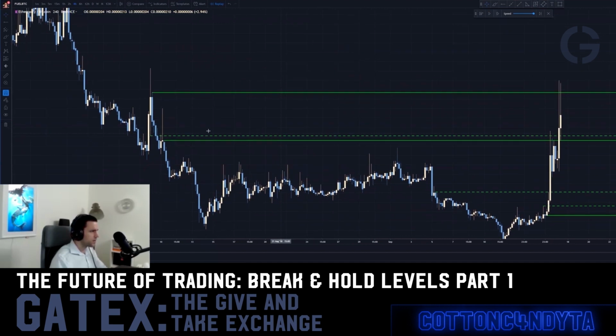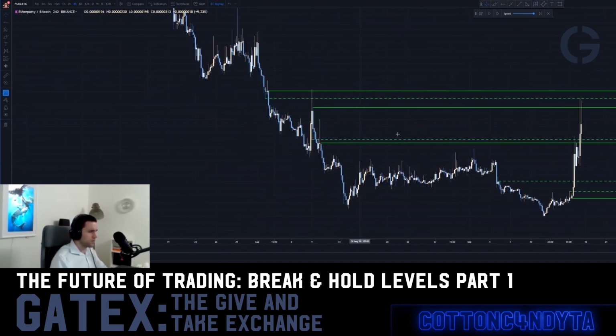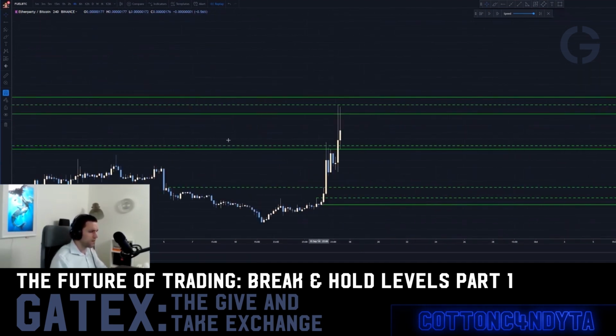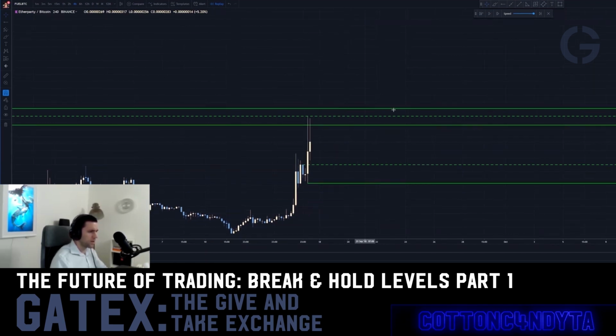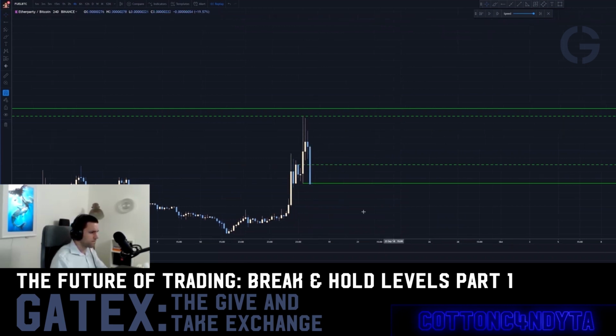Okay, back attacks the leg. Good. You see, it's the hold level, and then if we can simply come back and hold this. Let's delete everything else that's not relevant right now. This stuff back here is not relevant now because it's no longer a part of the move. You have a hold and a break level like that. And this is gone. And it actually breaks the move. And it's as simple as that. The move is over. It actually tried to hold this part of the move at first and then simply just broke down through its leg.